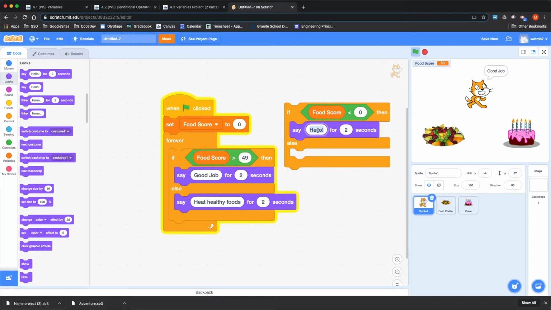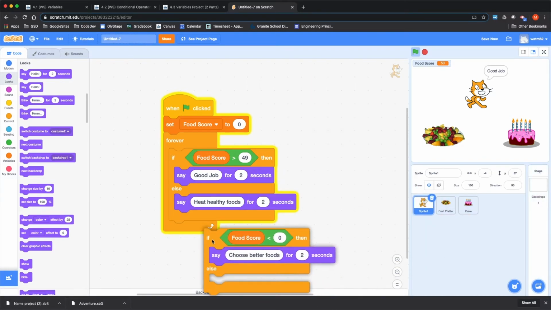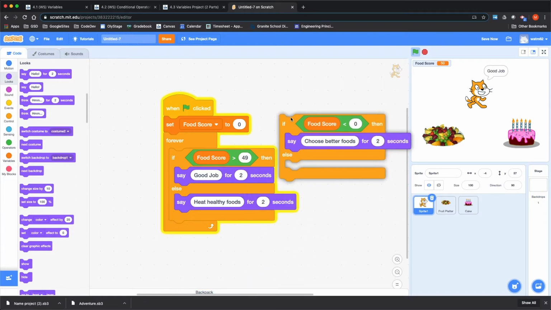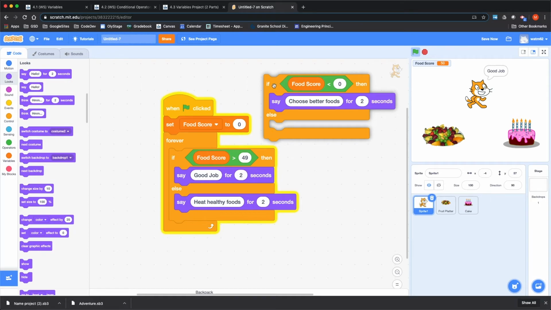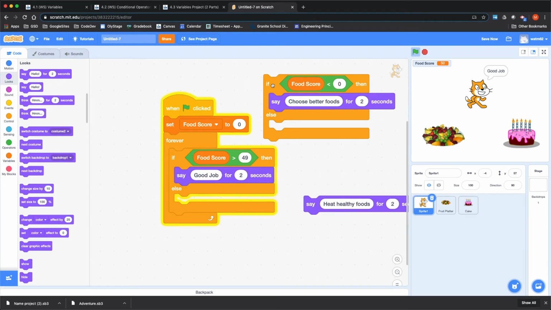Let's say choose better foods. And we could stick that. Where could we stick that? Actually, the place to stick that is inside of this if else, where that choice is. So if I put this down in here,